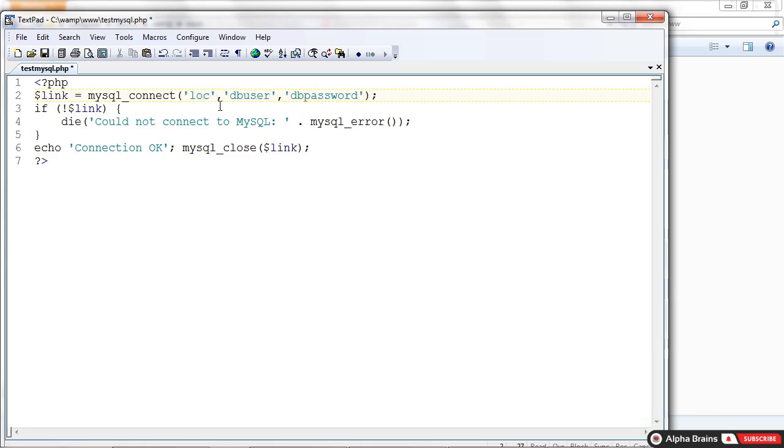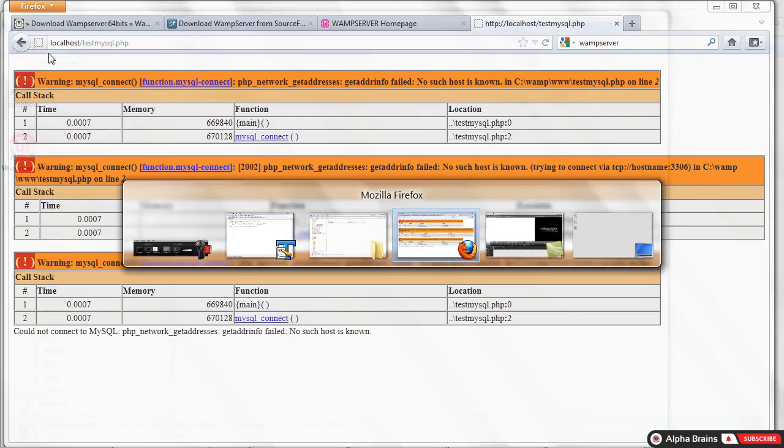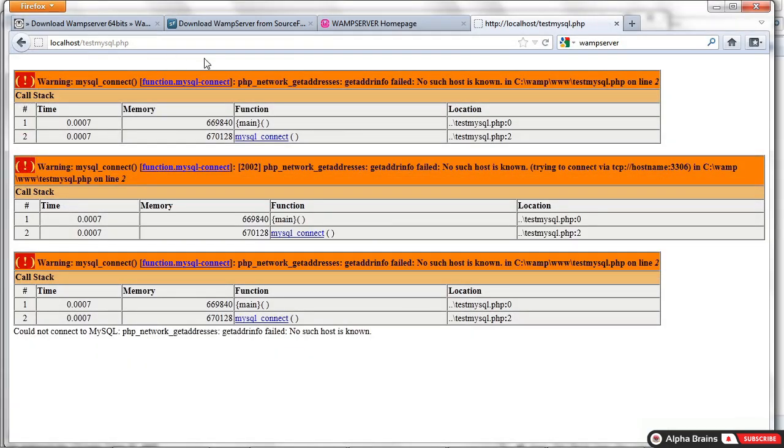Well, the host name that we're running with locally is localhost. The user that we are when we're running WAMP server is just called root. And our password, now this is going to be tough to remember, it's blank. Nothing. It's an empty string. There's nothing between the two single quotes. Tick, tick. I'm going to save this,